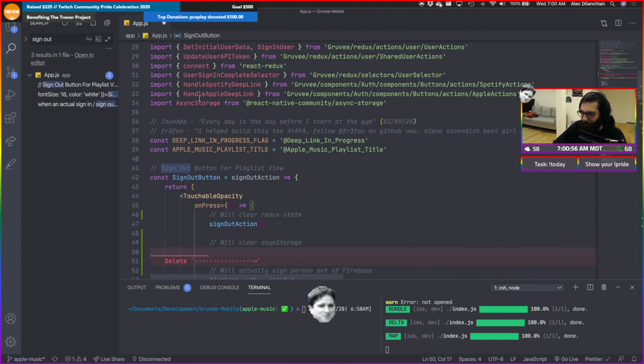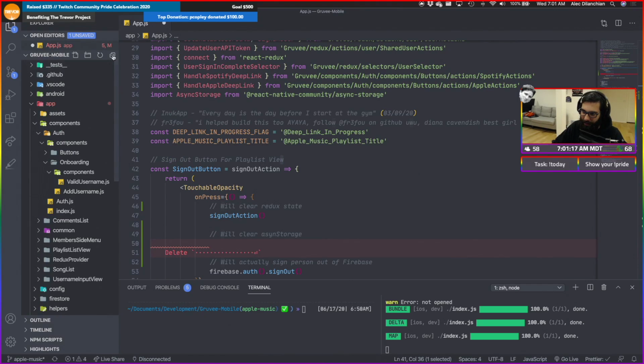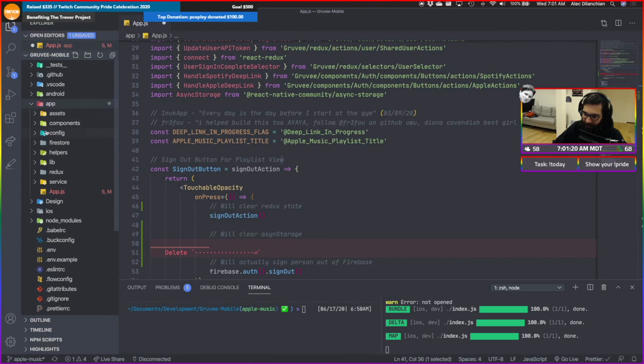Okay, so the one thing I do want to do is, you see that we have these things here. I want to make sure that we actually have a list of the proper links here. So what I might do is create a file to hold our async storage keys in.